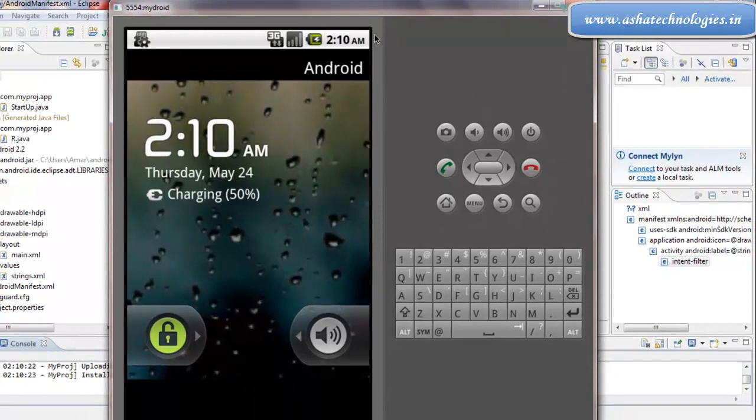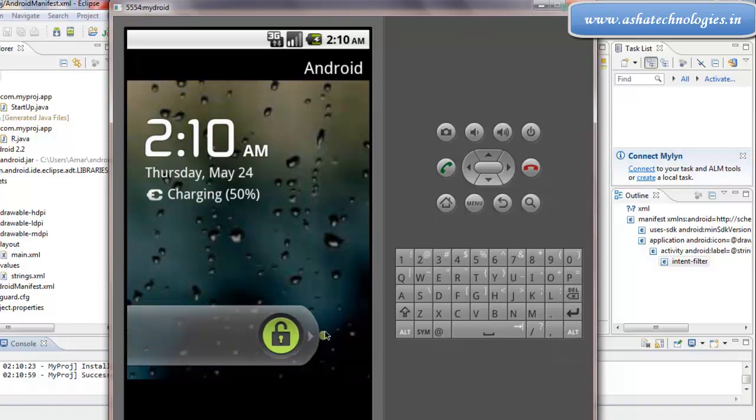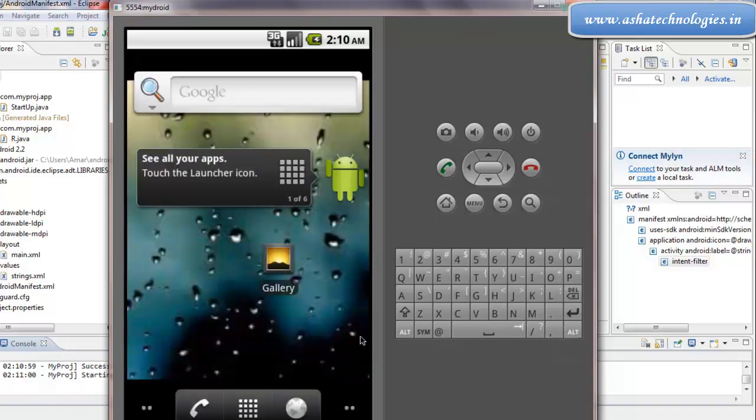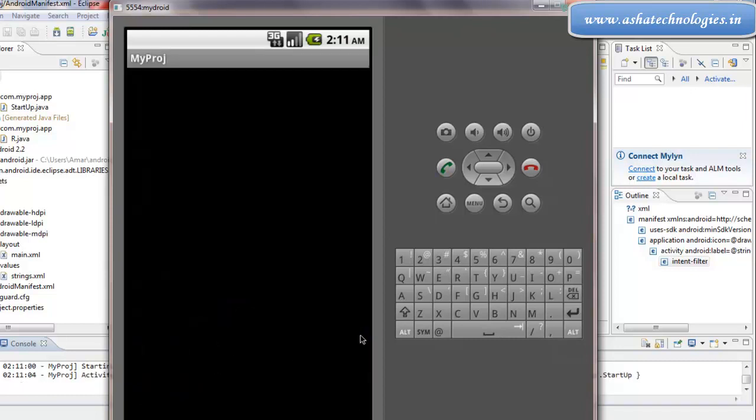Alright, this is the first window of your emulator. Over here we need to unlock it, so just go for unlock. Now your MyPROJ application has been started over here.